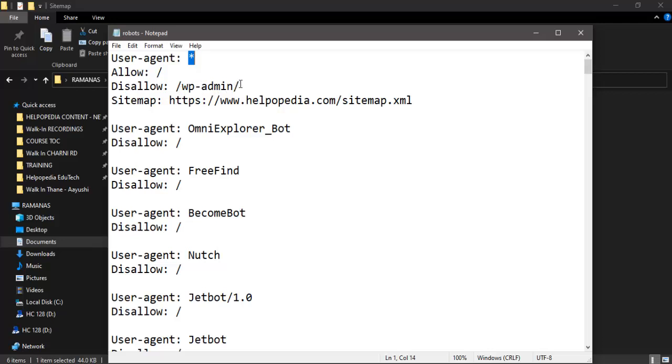So now it will take a note of it that I am not allowed to take this directory and its content to crawl, and I will not collect any content from this particular directory, because see, some of the content we do not want people to see, because this wp-admin is my administrative login which requires a username and password. So even if it comes on search engine, then people will not be able to go through, because it will ask for a username and password. So that is my managing my website directory, so I will not allow this.